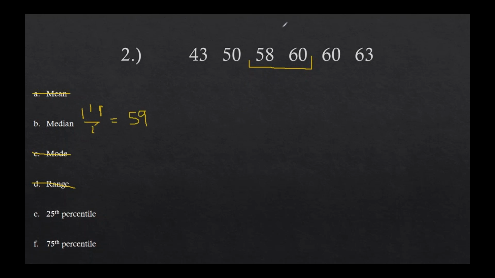So the median actually falls right in the middle. So this is our 50th percentile and our median. And think about it, when you draw that vertical line, you should have the same number of data points on each side. There should be 3 in front of it and 3 behind it, because the median splits it exactly in half. And in this case, it does. But notice my vertical line does not cut through a number. It cuts between numbers. And that's why in this front half, 58 has to be placed within the front half, and 60 is placed within the last half.